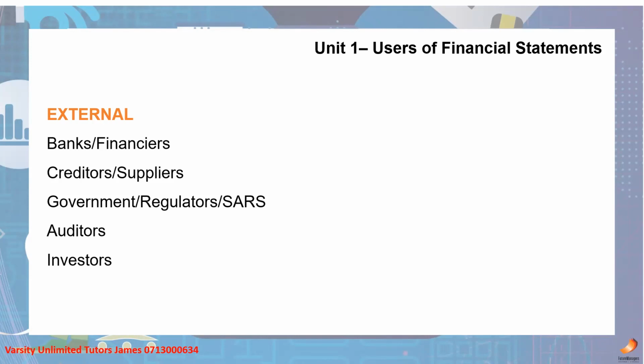They want to give you a loan, they will need to see your financial statements to see how you're operating as a business. Creditors and suppliers, same thing. Let's say that you want to sign an exclusive agreement to distribute maybe Tommy Hilfiger clothes in South Africa, right? The guys at Tommy Hilfiger, they want to see, is this business actually a good business? Are these guys actually operating? Are they profitable? Will they maintain? Will they be able to satisfy our customers' needs?